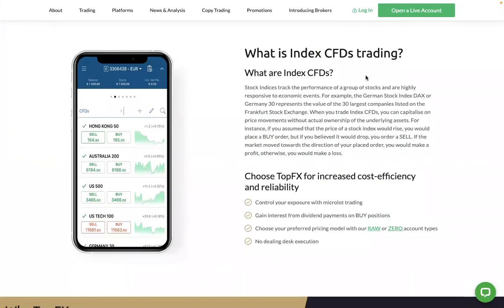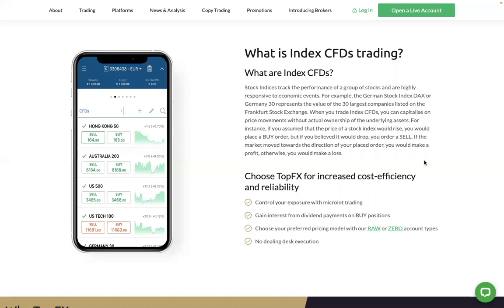As you know, we talk about CFD trading. Please notice that we are not trading the indices per se, we are trading index CFDs. So what are those? Stock indices track the performance of a group of stocks and are highly responsive to economic events. The German stock index, which is called DAX or German 30, it depends, but that's just a different name for the same thing, represents the value of the 30 largest companies listed on the Frankfurt Stock Exchange